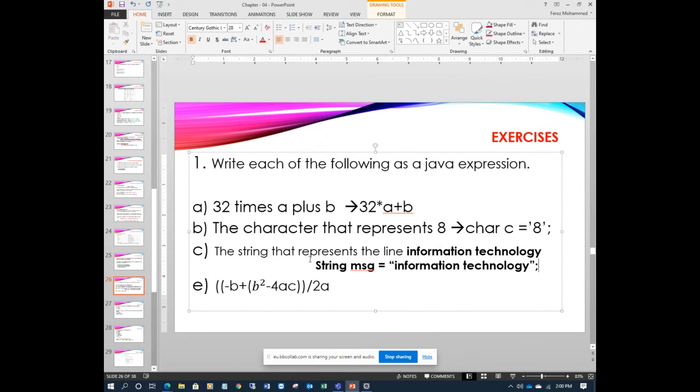So this is what I'm representing. How do you represent this text using a string? You write a simple message. A string means double quotes, you must include double quotes. And how do you write this statement in Java? This is an expression I had to write here.